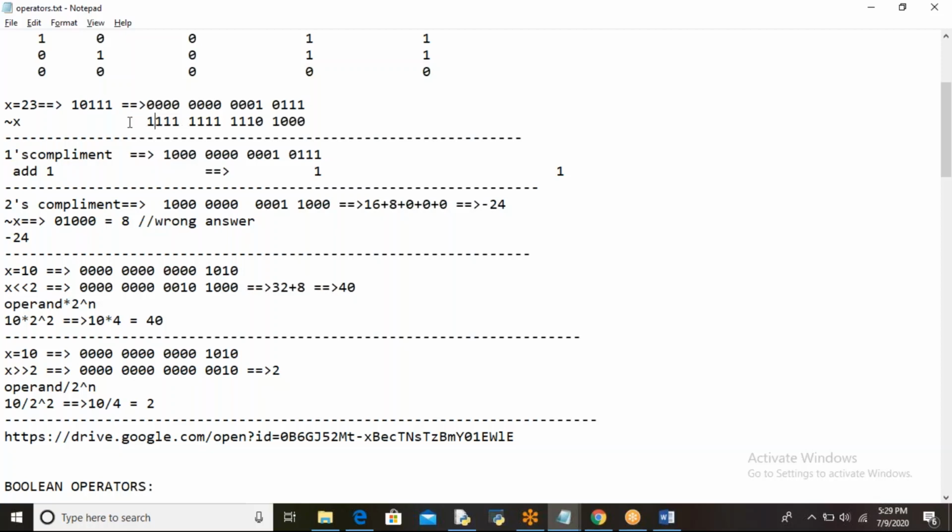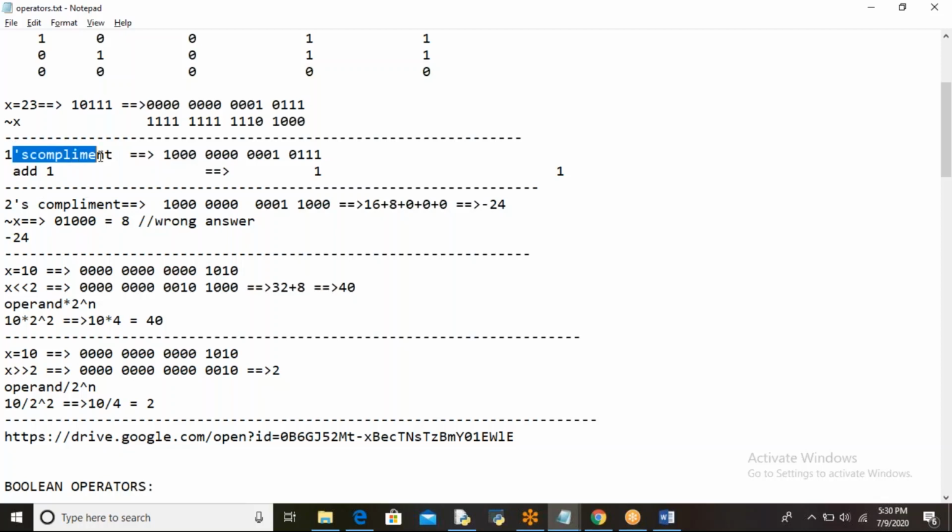So now we need to calculate the 2's complement for this particular number. To find the 2's complement, first you need to find the 1's complement and then add 1, so that you will get the 2's complement.